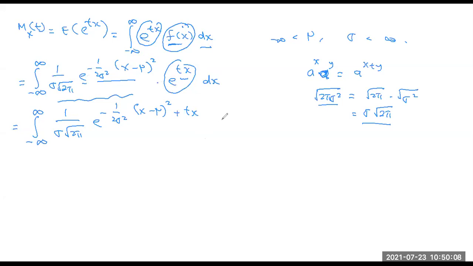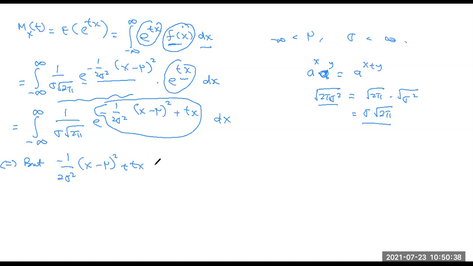Then the integration is carried out with respect to x. So we can deal with the power of this exponent first. We can simplify the power of the exponent to make our computations manageable. So negative 1 over 2 sigma squared, x minus mu squared, plus tx is given by,